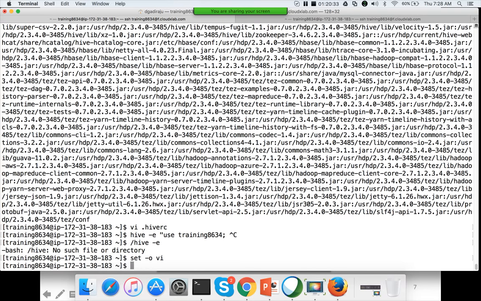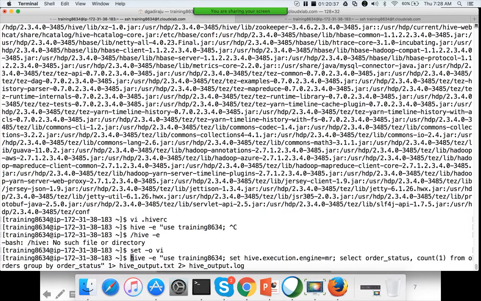Hive -e. So here I don't need to use Hive execution engine anymore. Okay, but as part of your wrapper, you might want to, yeah, this is one way to redirect log file. If you want to change the log location,